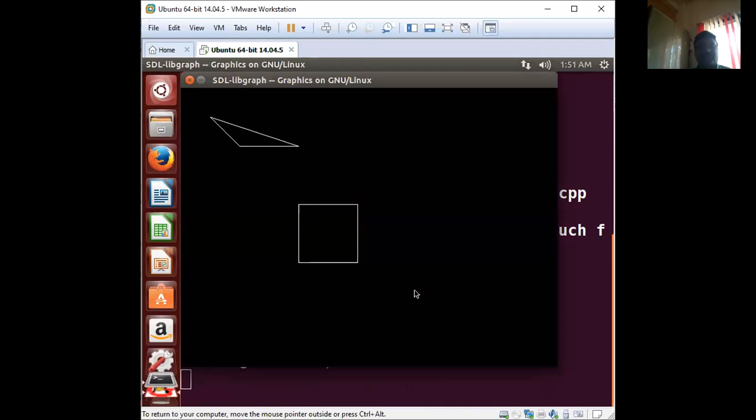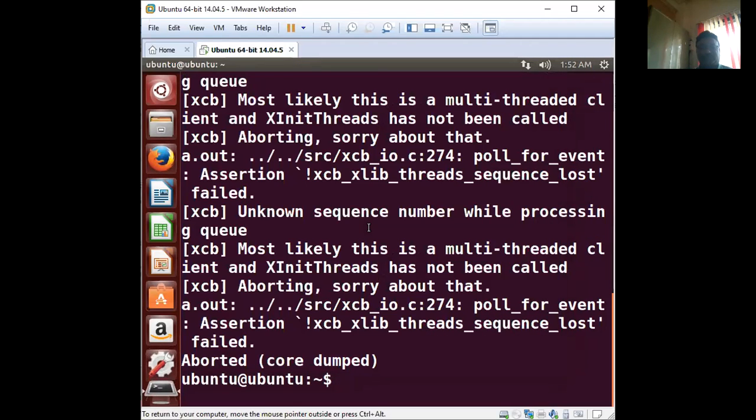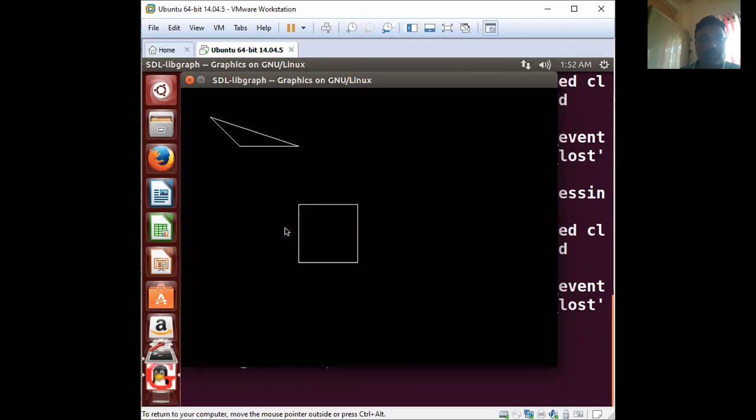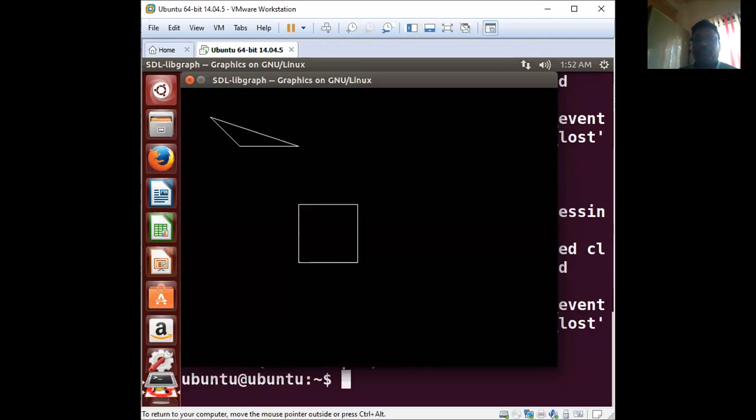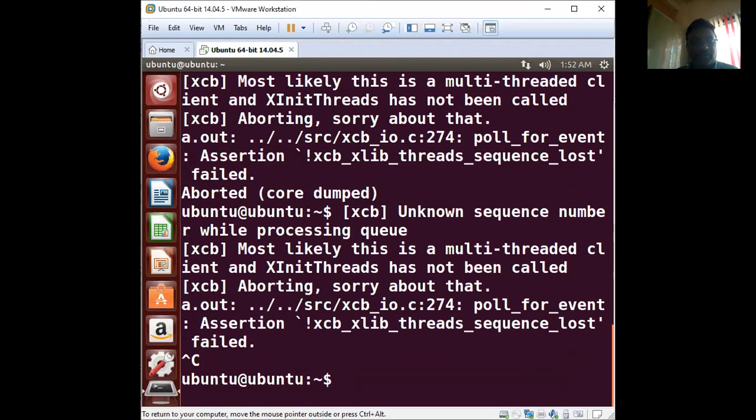Now, this triangle and rectangle is visible to all. Yes, sir. Got the message? See, I'm just going to put one mouse click there, so that it's going to come out. Suppose I have clicked the mouse over here, so that is again taken as getch. Getch means read any kind of character. After reading that character, it is going to terminate. So any question? Then you have to type over here Control C. This is the cap C that stands for Control C.